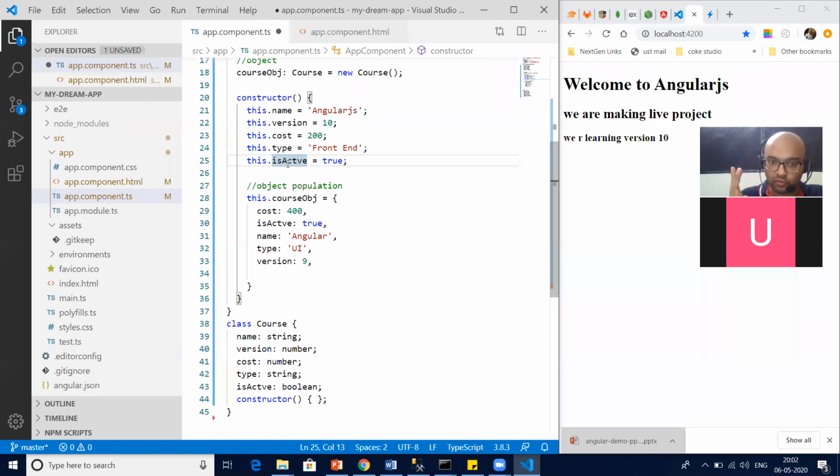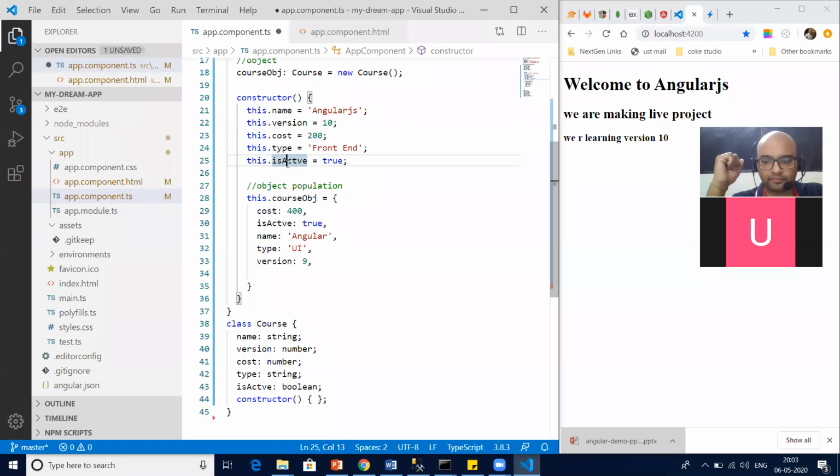Version is the version of course. Cost means cost of course. Type is the type of course. Is active is to check the course is active or not. When we have these many properties related to course only, then don't you think as per OOPS we should create one class and put all these properties under a class?